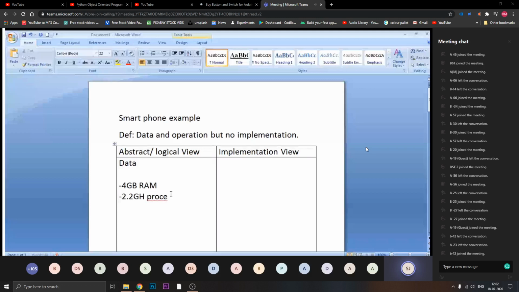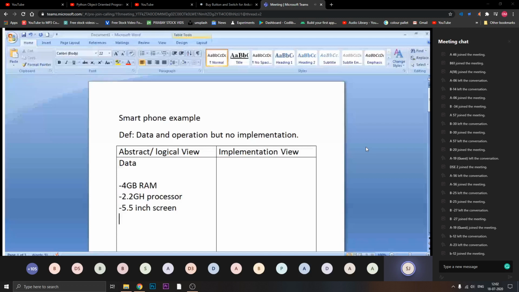Then it should have a 5.5-inch screen. Then, if I want to buy a new camera, it should have a dual camera, front and back. For my smartphone, this is my data.